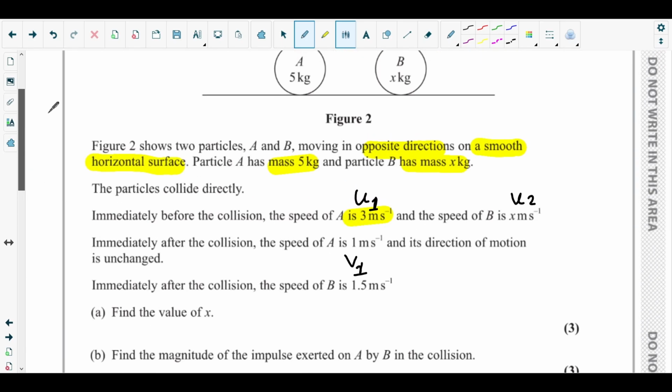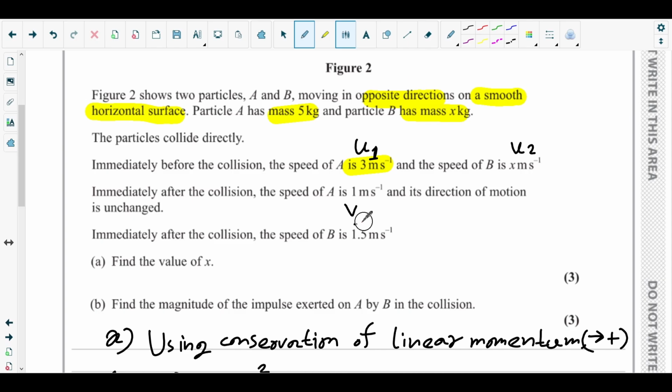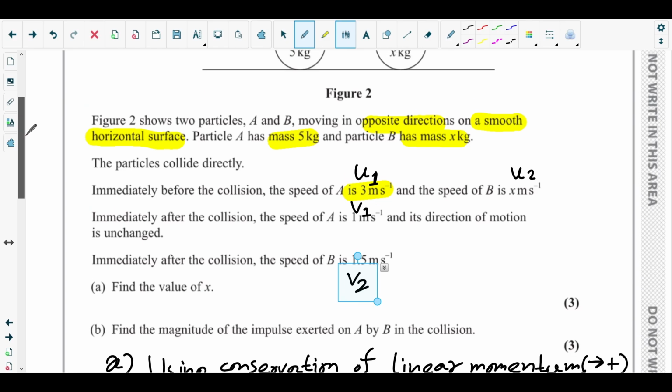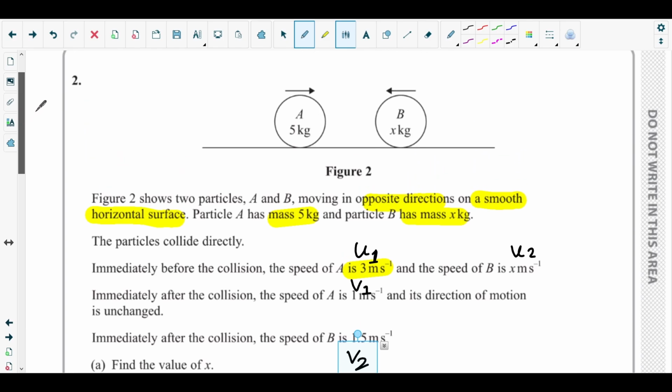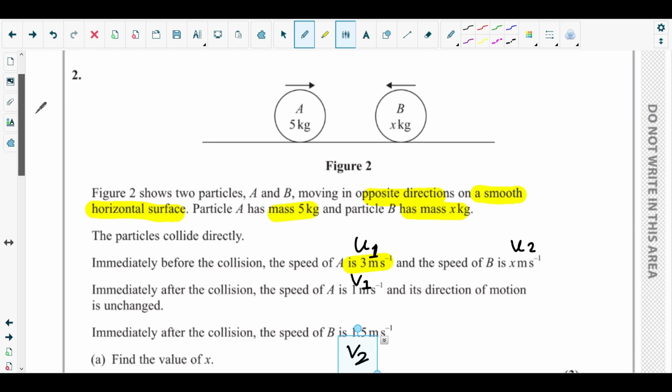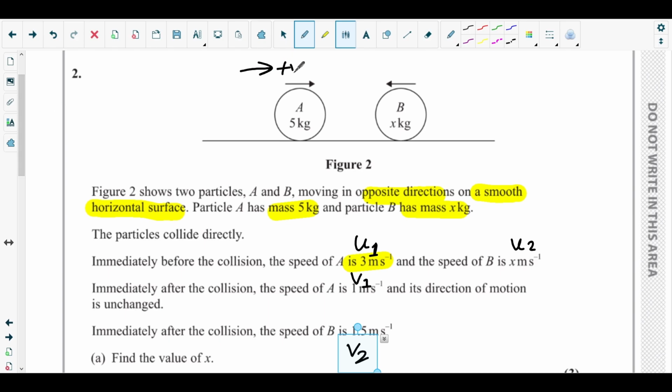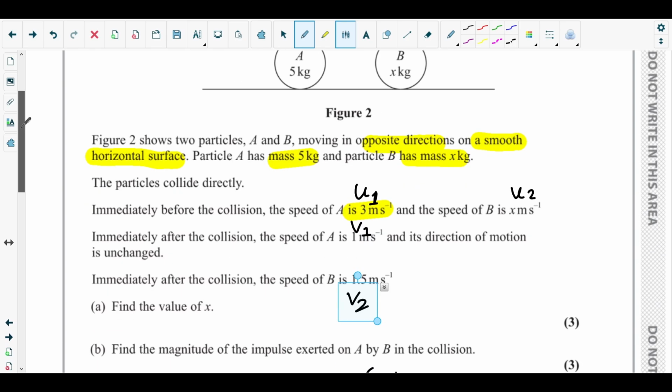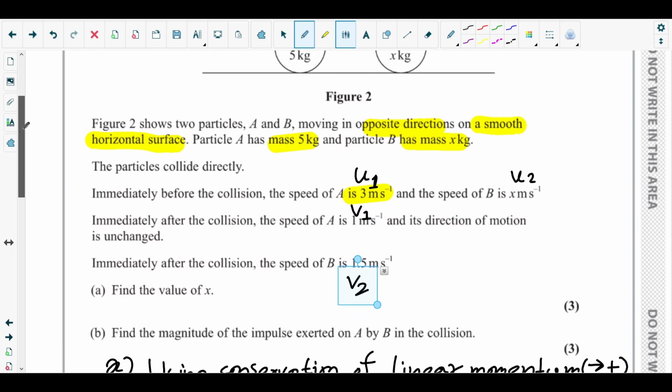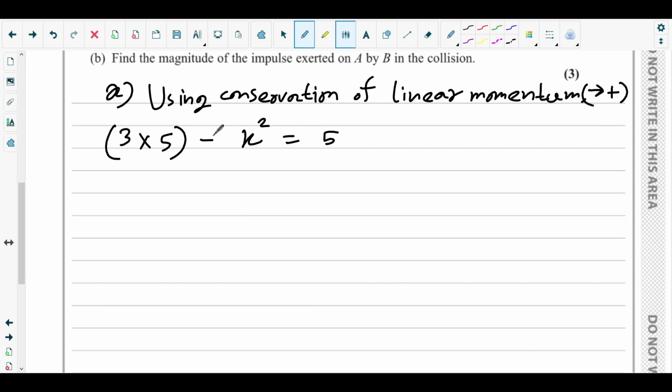This is equal to, after the collision, m2v2 with this particle, and the top one is basically v1. So m1v1, that means 1 meter per second. That's the speed after the collision. The direction is unchanged, so that would remain positive, because we took the right direction as positive. So m1v1 is 5 times 1, that is just 5, and